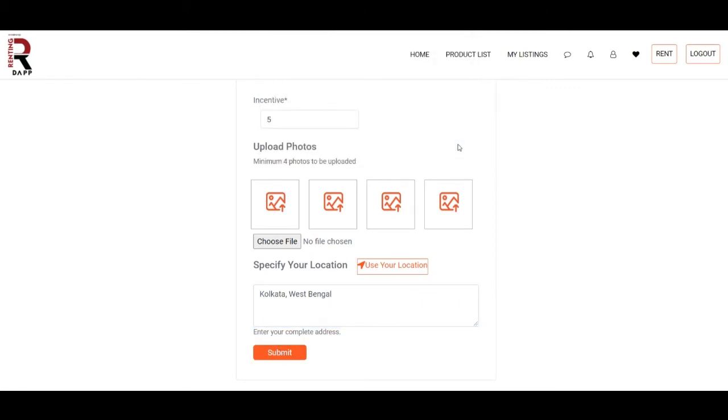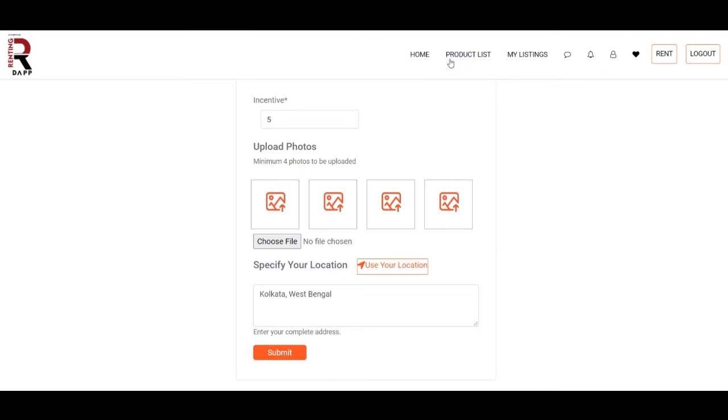Okay, so yes, here it comes, product successfully listed on renting app.